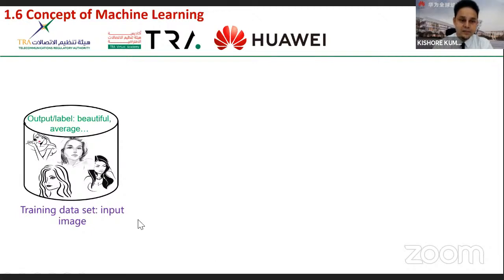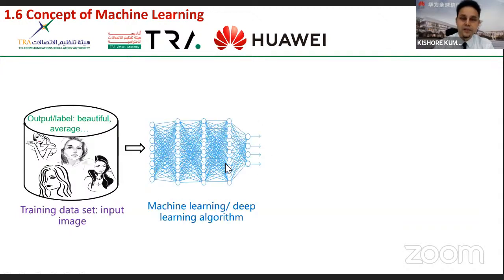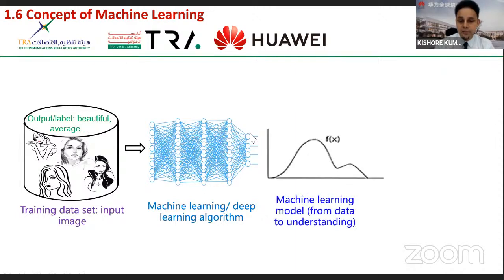So for example, we have many different pictures like this in our database, and we label them. Like I said, maybe someone is beautiful, someone is average, and that's our data set, right? So we have data, we have our label as output. So what you do, we feed them into some neural network or any kind of machine learning algorithm, and our algorithm learns from the data. It asks, what is it that makes this photo beautiful, whereas the other one not? Okay, so it learns something.